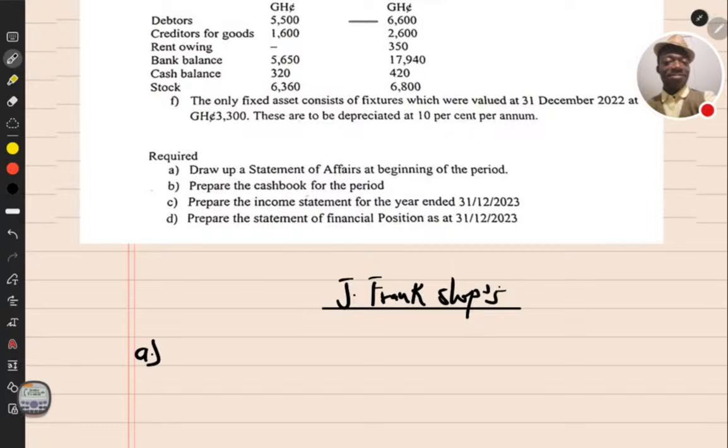statement of affairs. Statement of affairs is the same thing as what? The balance sheet, right? It is the name that we give to a balance sheet or statement of financial position when we are dealing with incomplete records. We prepare a statement of affairs to know a snapshot of the capital we used to start the business and what we are having now. So we prepare it to know the opening and the closing capital of the entity or business. So we'll have a statement